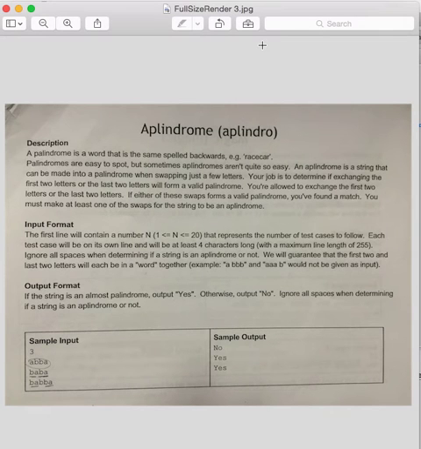In this video, I'm going to look at the fifth problem from the Purdue 2014 high school programming competition, the Aplindrome problem. The idea is that we're trying to check if a given word is approximately a palindrome. To be approximately a palindrome, there are essentially two conditions. One that I think a lot of people had trouble noticing is that an Aplindrome cannot be a palindrome to start. If you look at the sample input here, ABBA is a palindrome, so it's not approximately a